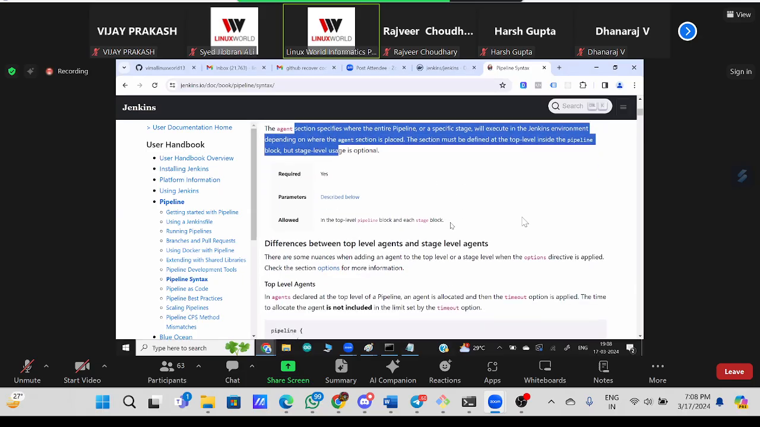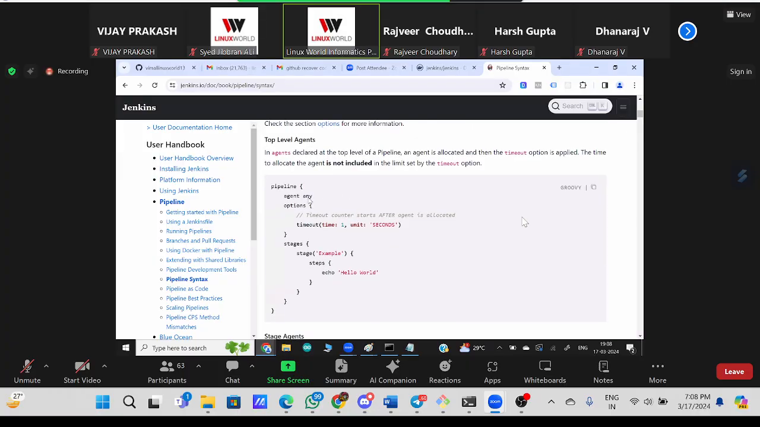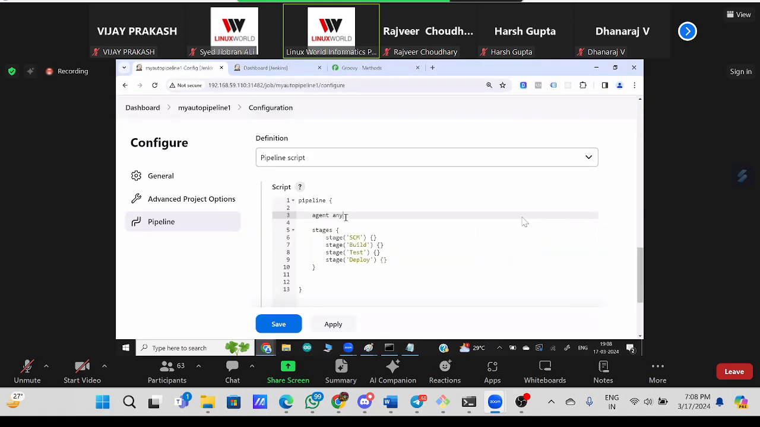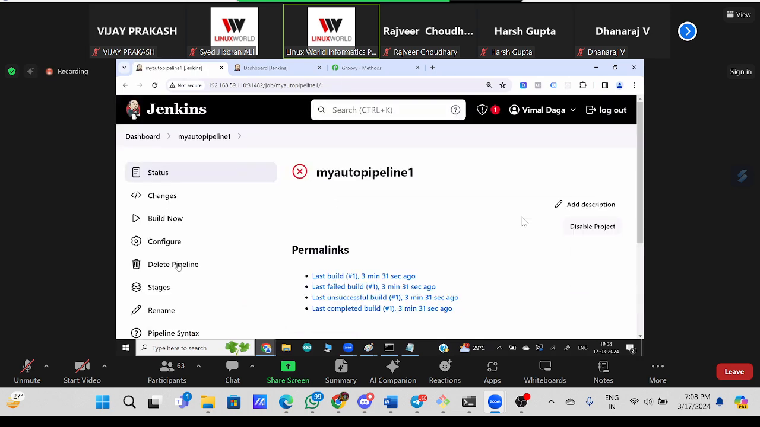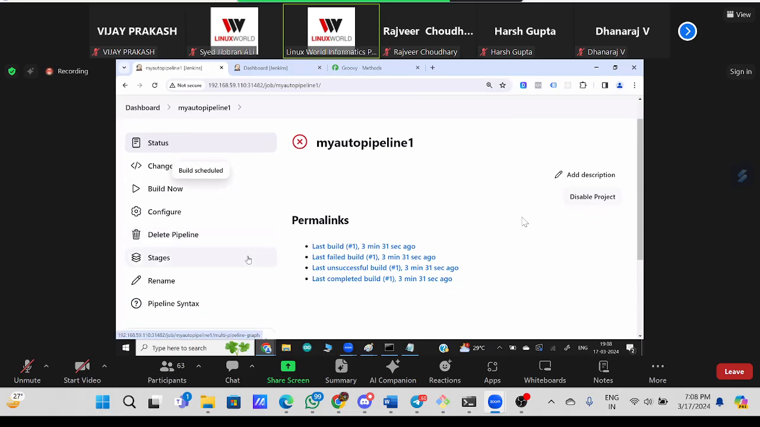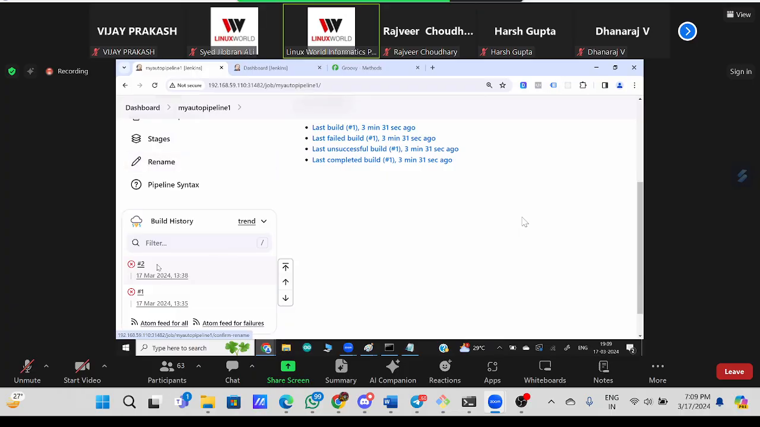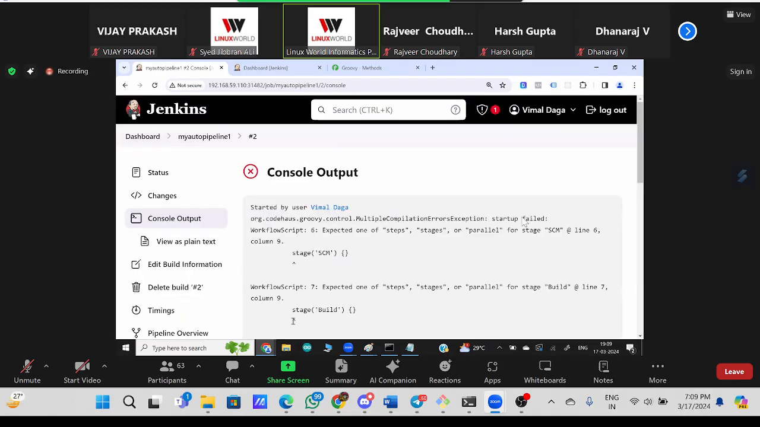Even if you see here, for some of the examples, writing the agent keyword is compulsory. So let me save again. Let me run again. Your pipeline is running and going to fail again. Let's see why it's failing now. Okay, so it found the agent. Now there's no agent challenge. Now it fails